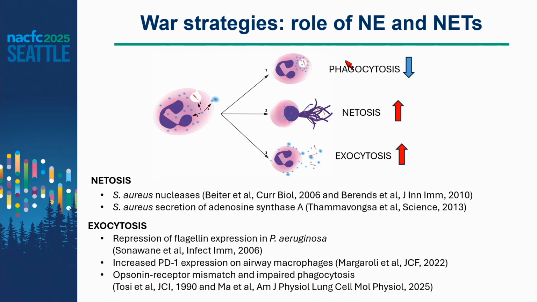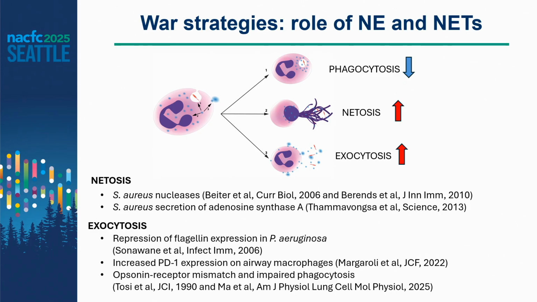So in CF, we see a reduction in phagocytosis and a reduction in bacterial clearance. However, we see an increase in netosis and an increase in exocytosis of neutrophil elastase, especially rich granules. So how do the pathogens exploit netosis? There has been a study, not in CF, but in other instances, where they show that staph actually can cleave the DNA itself and use it as a fuel to promote growth. So whether that is actually happening in the lung is still unknown,